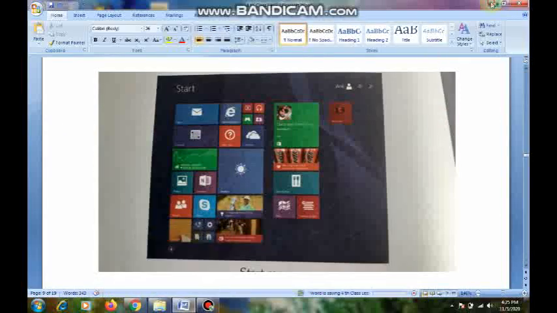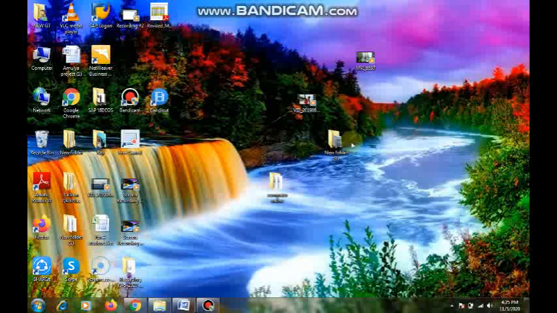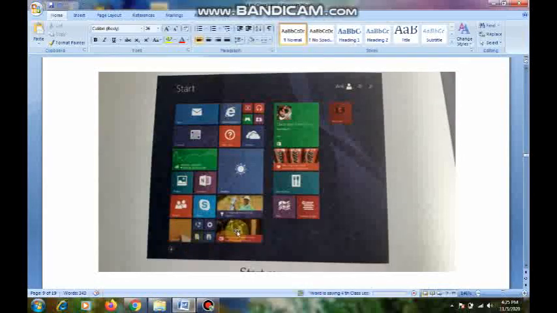Children, coming to here, if you are using Windows 7 as the operating system, you will get the starting screen like this. If you are using Windows 8 as the operating system, the starting screen will appear like this.